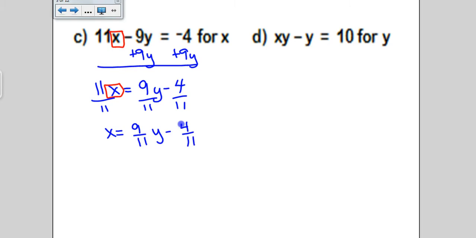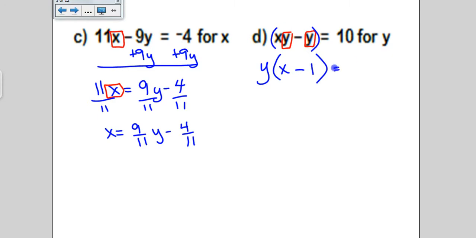Okay, letter D is kind of weird. If you notice here, they want us to solve for y, but bad news, we've actually got two y's in the problem. So I'm going to have to think of a way to rewrite this so that there's just one y in the problem, and the technique we're going to use here is a factoring out technique. So I'm going to pull the y actually out of this entire expression right here. And when I factor out a y, it's like the opposite of distributing. I'm left with an x minus 1, because when I take out the y here, I'm still left with a minus 1,